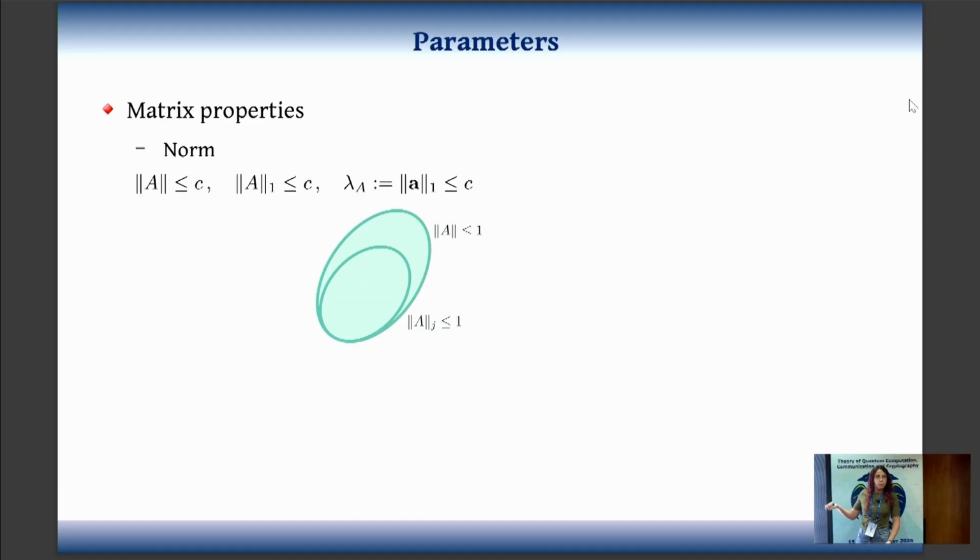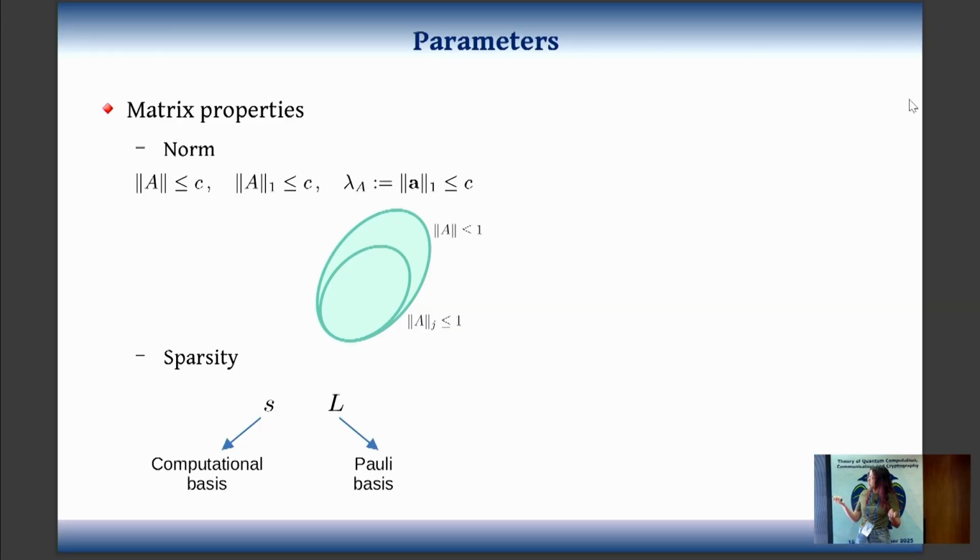And why is this important for this delimitation between classical and quantum? It is because if you design the set of all matrices with a bounded spectral norm, bounded by 1, for instance, the set of matrices that has one norm bounded by 1 is contained inside the set. So if you restrict to bounding the one norm, you are actually restricting your problem even more. So you're checking in a different regime if the hardness or the easiness of your problem remains. And